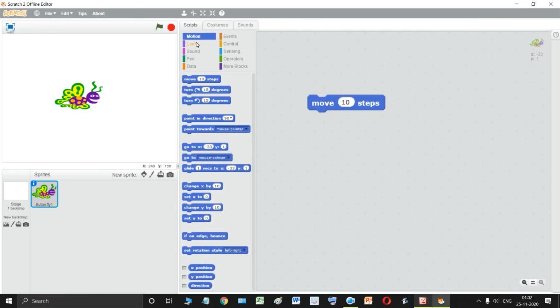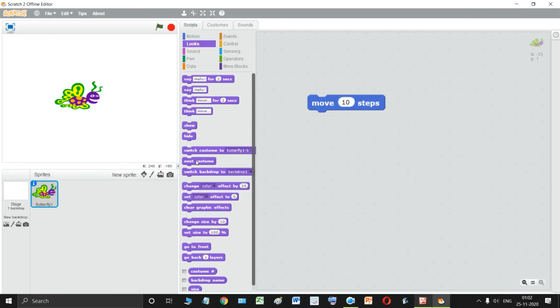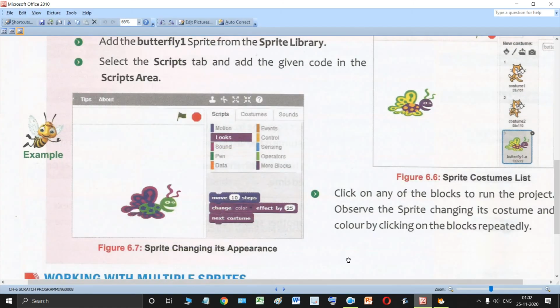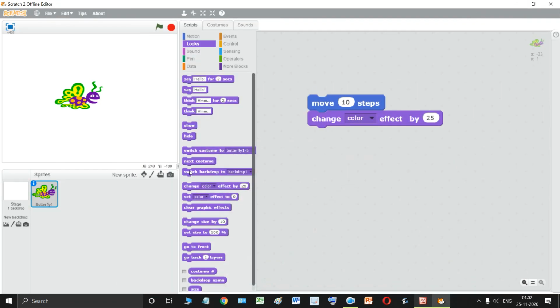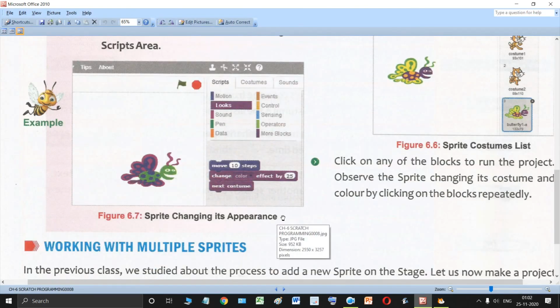So you know that change color effect is in the looks block. This one, and then the next costume block is over here. So we have done whatever they have asked us to do.